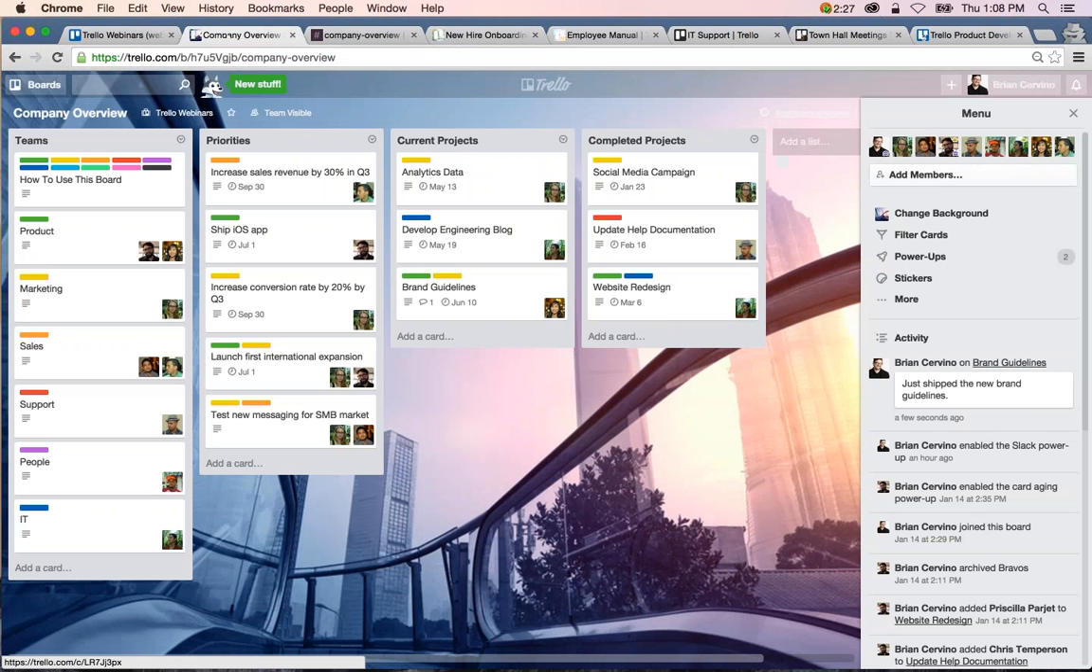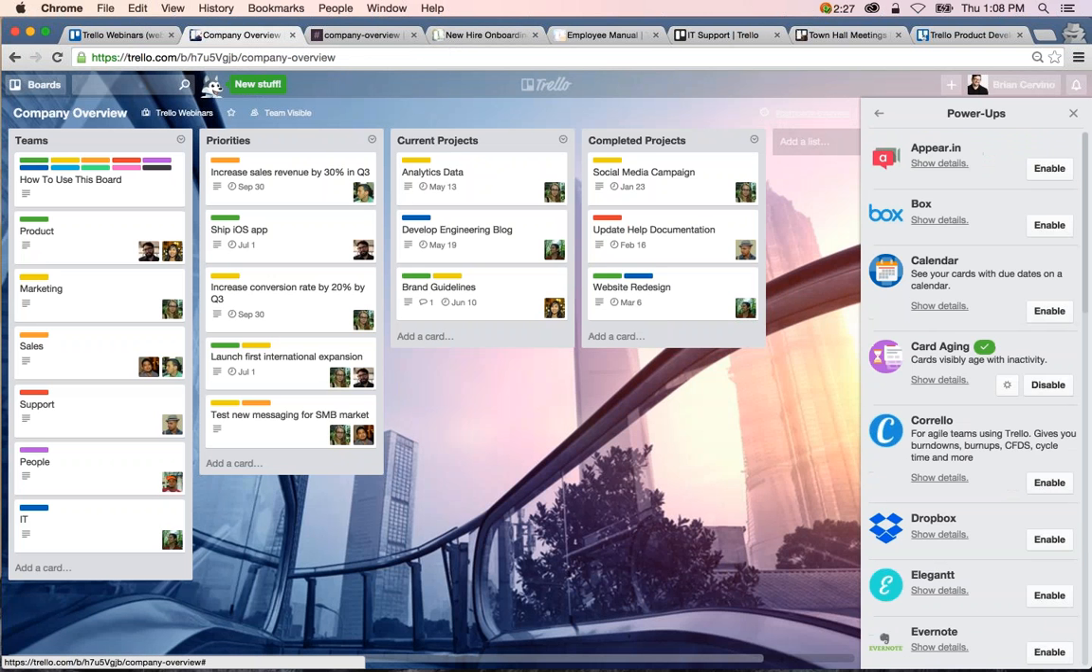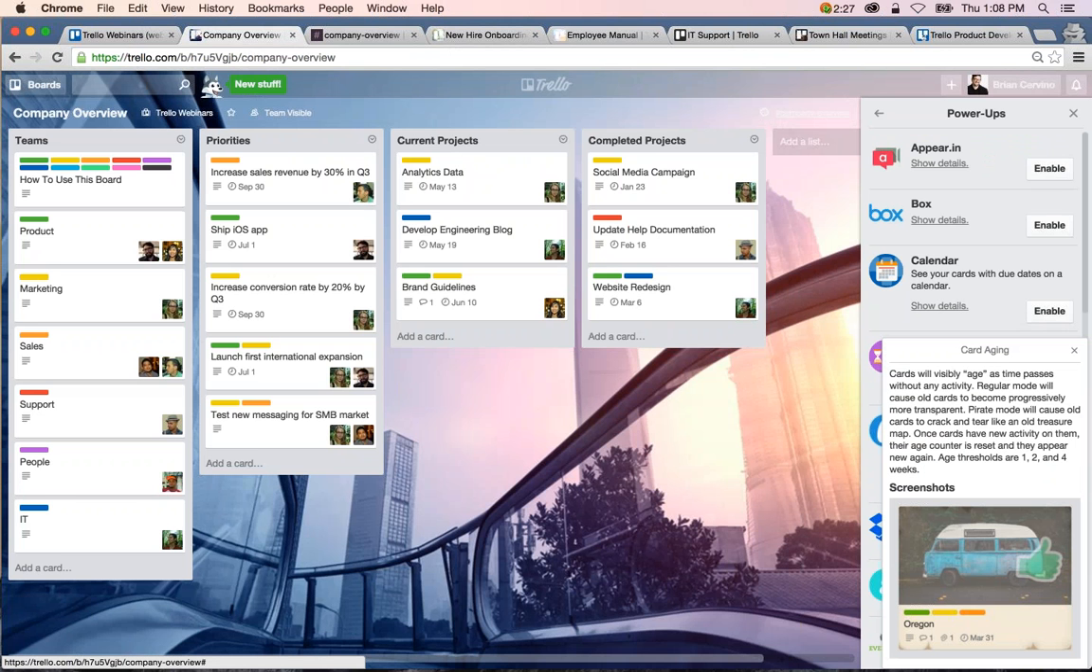So we also use the card aging power up, which fades out cards that haven't been updated in a while. This is a good way to keep track of projects that may have fallen by the wayside, or maybe need some reevaluation as to whether or not they should be continued. Luckily on this board, it seems like everyone's on top of their tasks, so we have no faded out cards